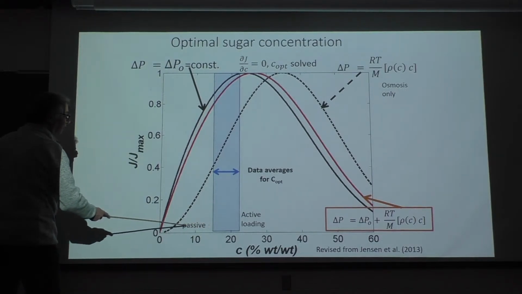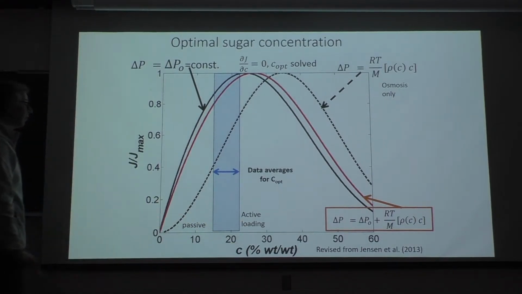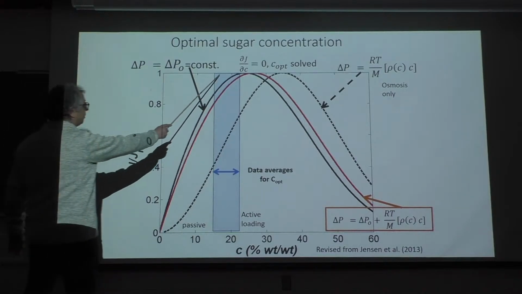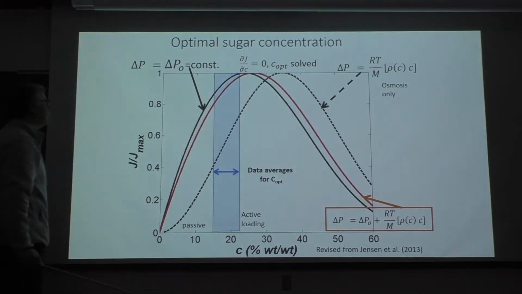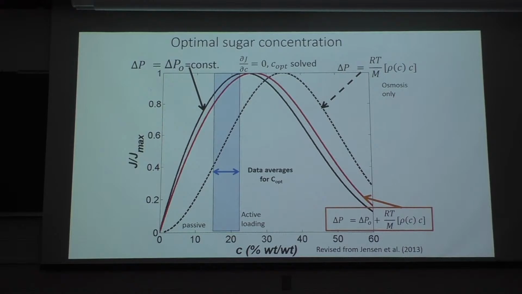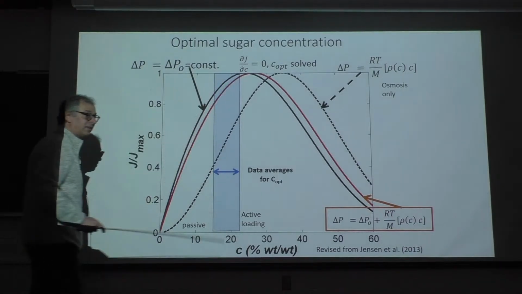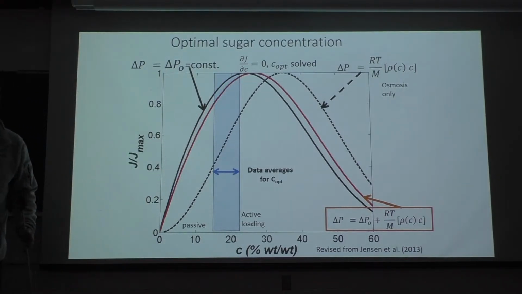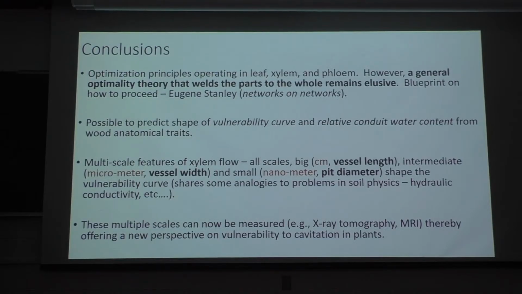The lower values are for passive loaders, the upper values are for active loaders. There's a little bit of a difference between the model calculations and the optimal peak, but still, this is a pretty impressive conclusion given how simplistic this model is. And I should say that this difference is not trivial, and there is a lot of hidden physics behind it, which I will not go into. So now to conclude, which I'm coming to the end of,